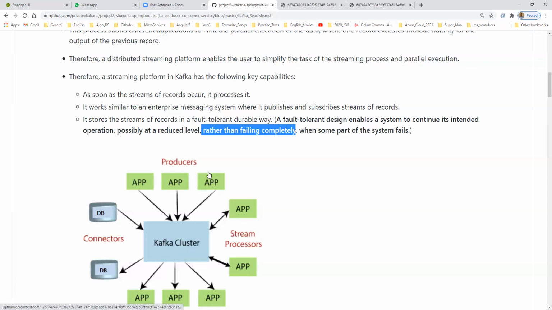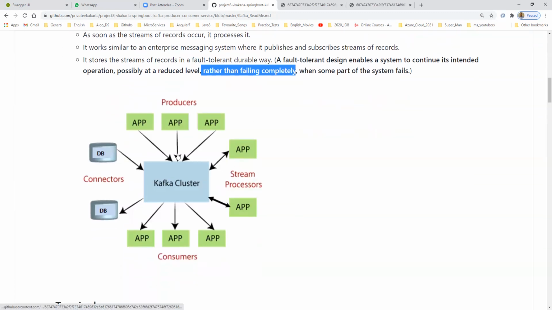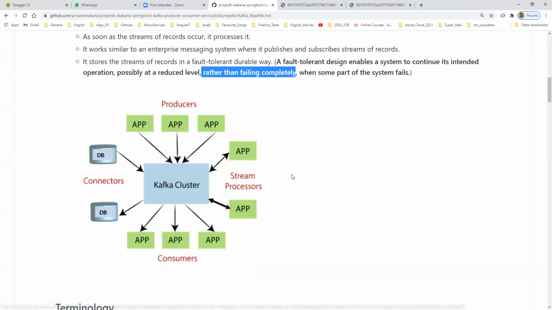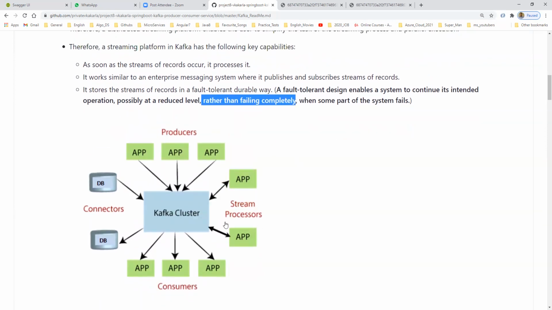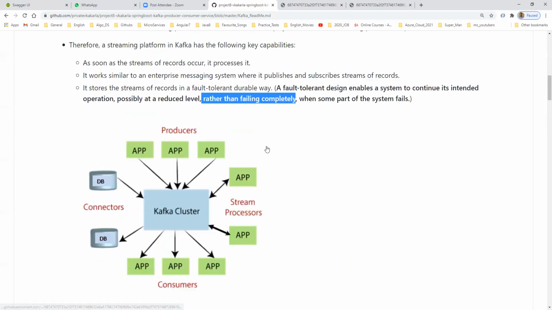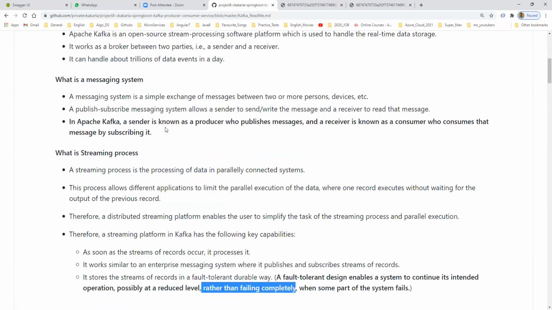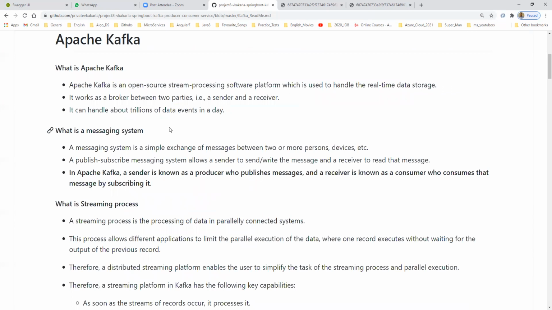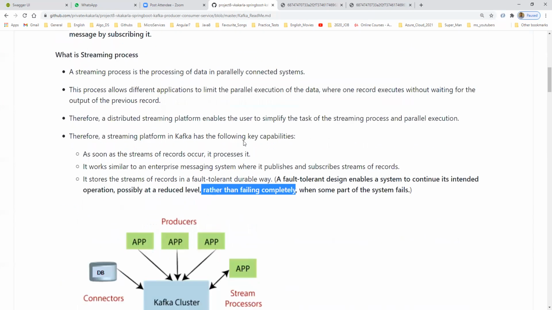So that is the reason failure cases are very few. Whenever we are using Kafka, the consumers will always keep on hitting until the message is published to your system. That is what a consumer will do. So this whole process we can say is a fault tolerant, durable way. So this is Kafka behavior and message processing in terms of producer and consumer, sender and receiver. Fine.